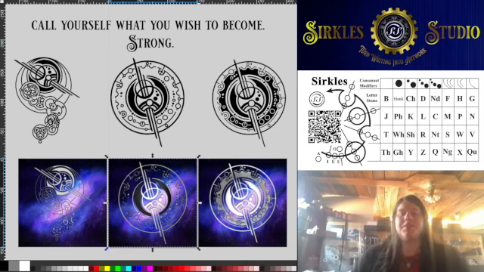Hello and welcome to the transcription explanation of these designs. They all actually say the same thing. I just did a couple different layouts to try to get something that I think would work well for the